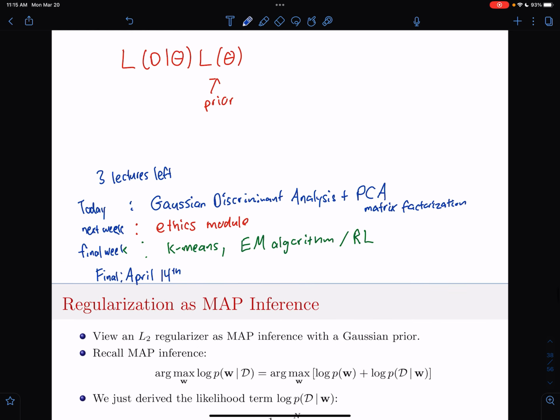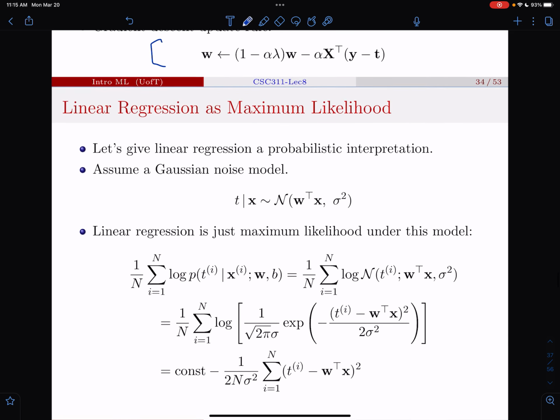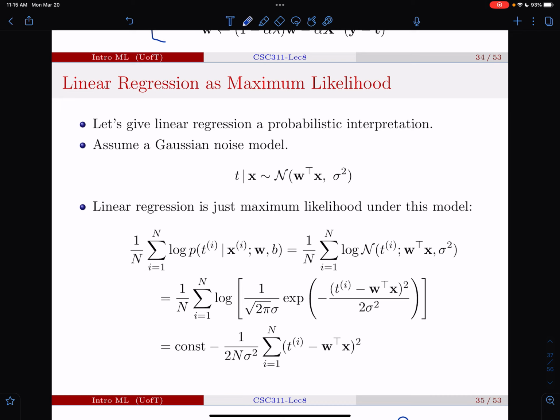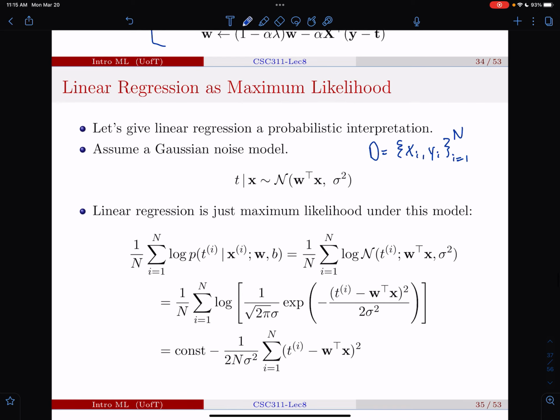Okay, so just to recap what we were talking about last time, we were talking about linear regression as a maximum likelihood problem. So this sort of gave a more probabilistic motivation for how linear regression worked. And the way we did this was we assumed we were given a data set of a bunch of training